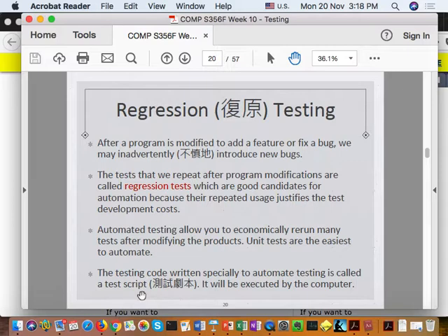If you really want to do GUI level regression testing, then you need to invest more time. But